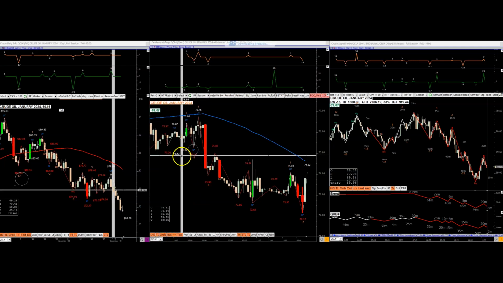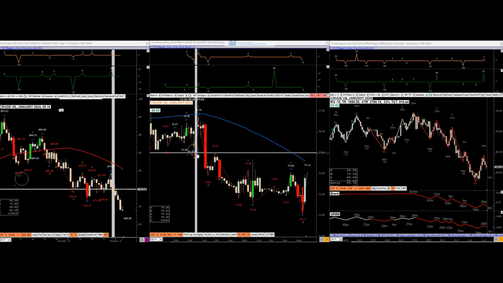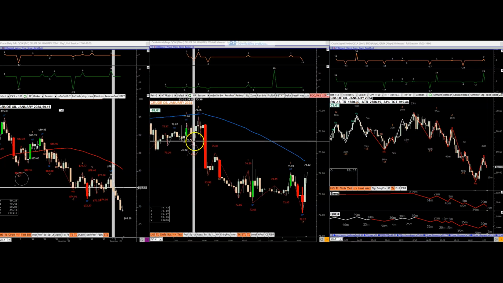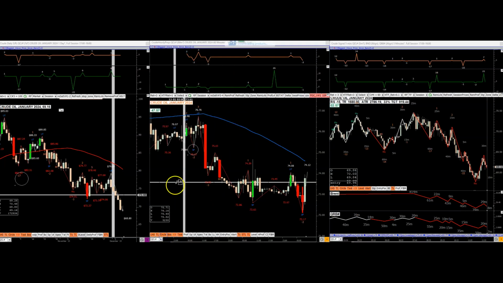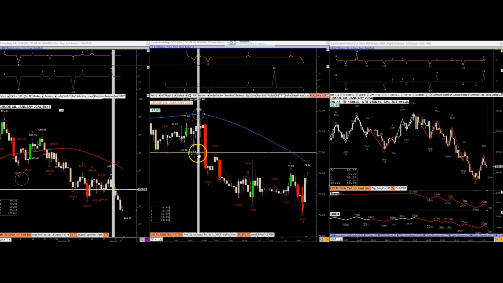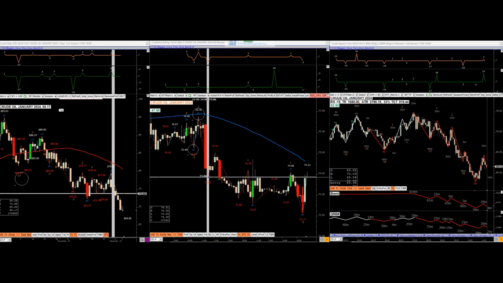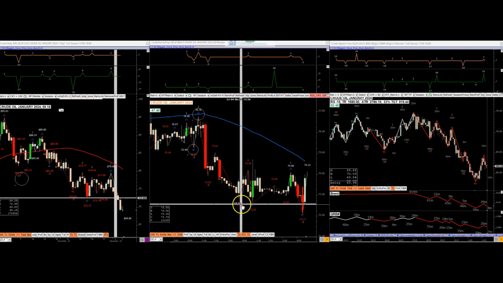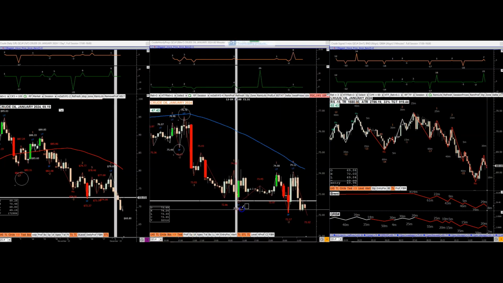This is your spring of this low, which is basically a low that does not have follow through, comes back within the range, and then they do the upthrust and then they break the market. All right, this is a washout maneuver. Spring to the upthrust to the bear rally lower low. So look for this. Again, spring